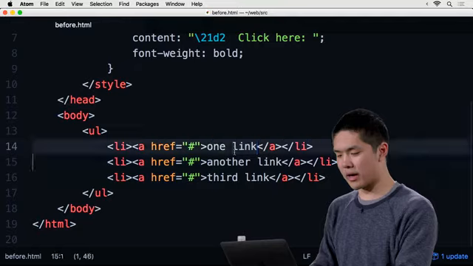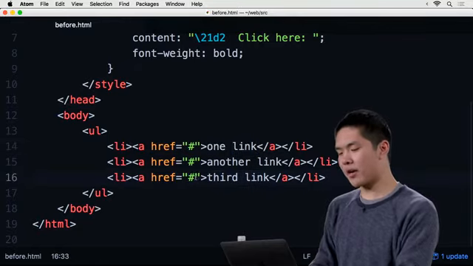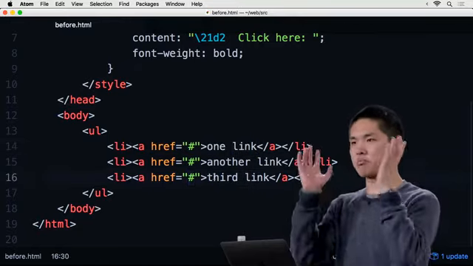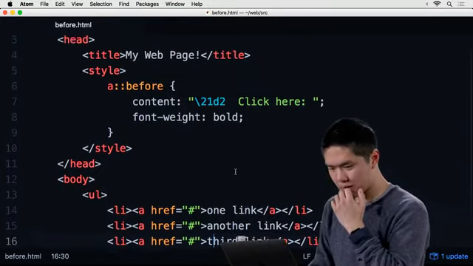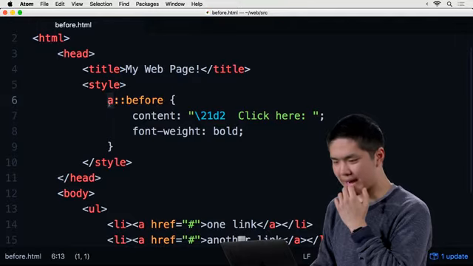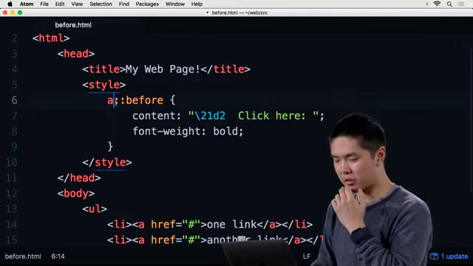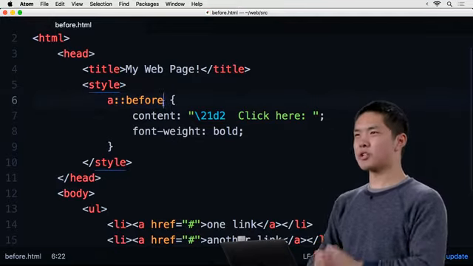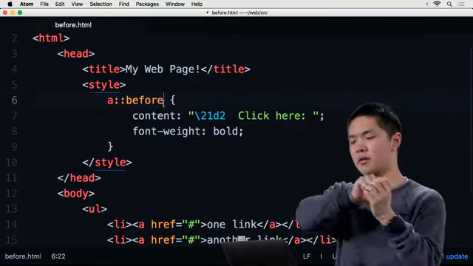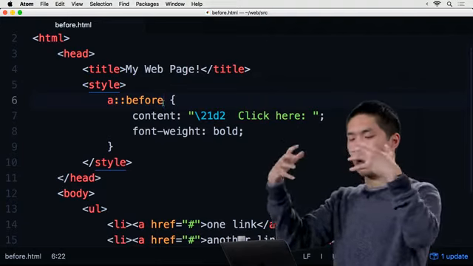Here's one link, here's another link, here's a third link. And right now, they all just link to #. In other words, they don't really do anything. We're not linking to any external website. But for each of these links, these A tags, I have this pseudo element ::before. And what this is saying is I want to apply some styling that happens before the contents of the actual